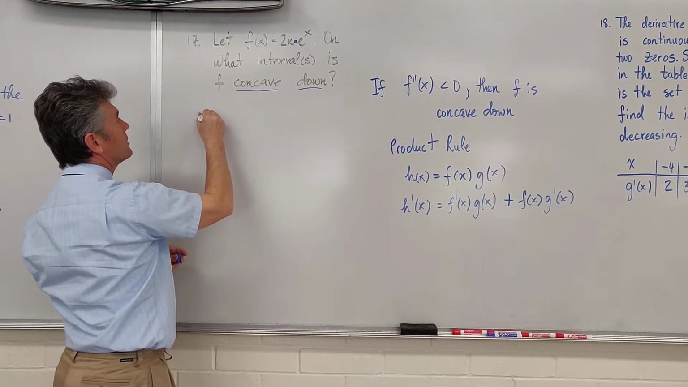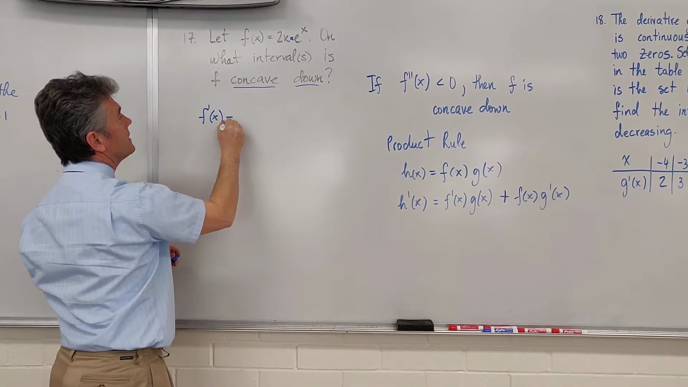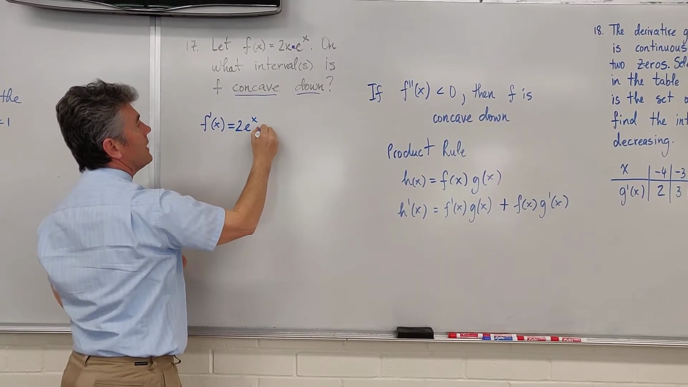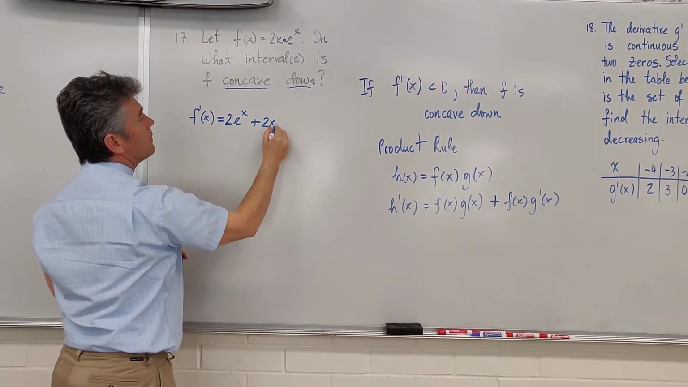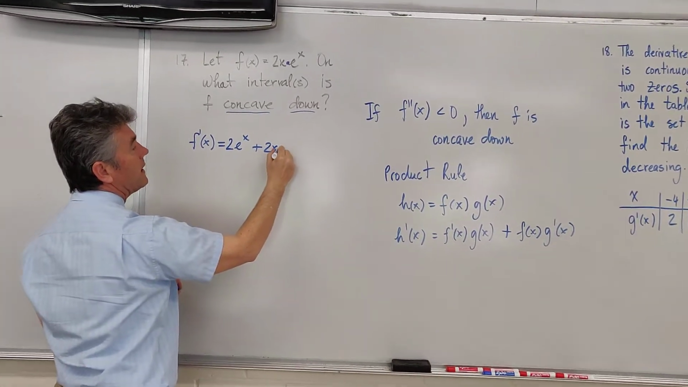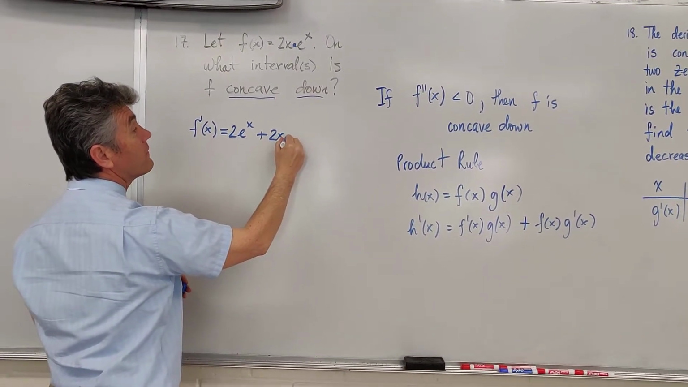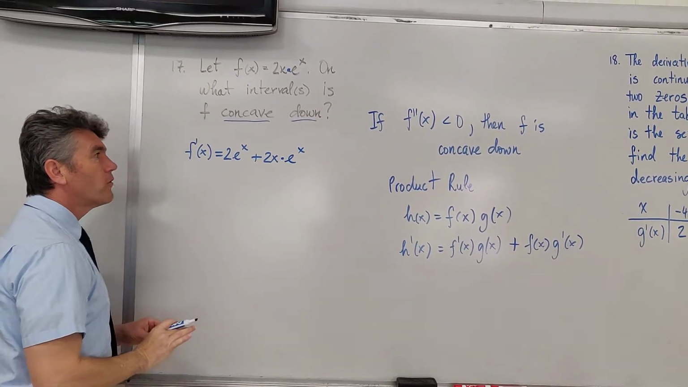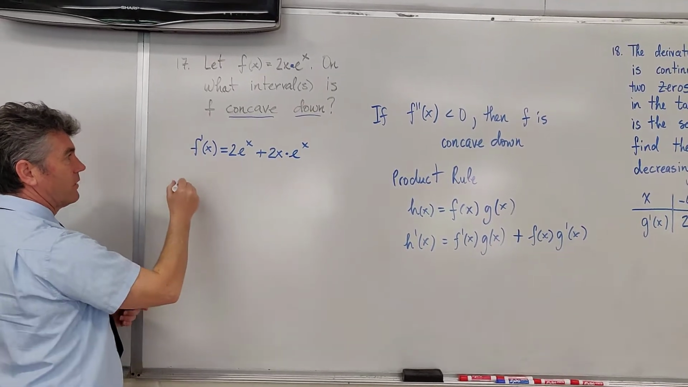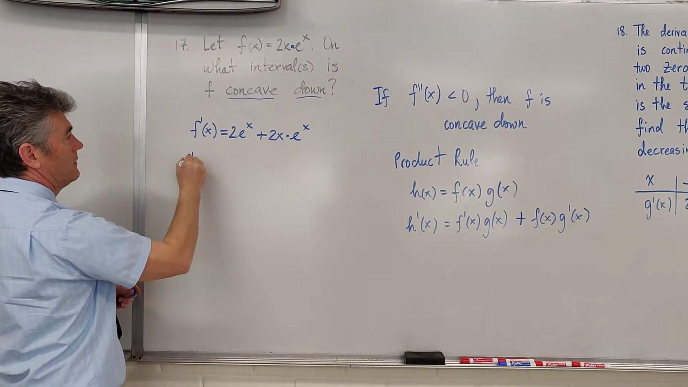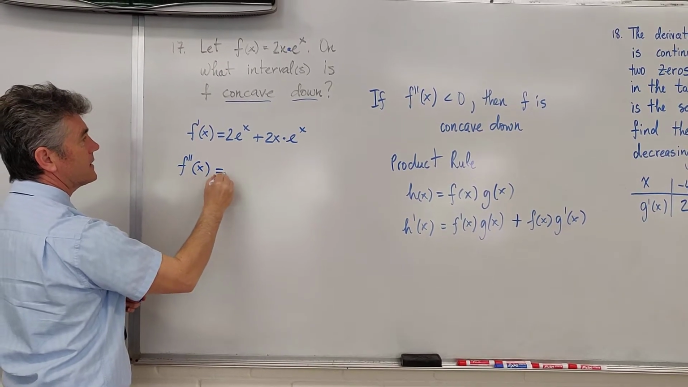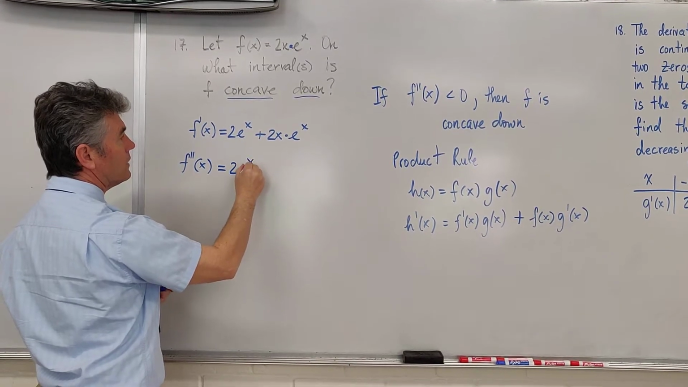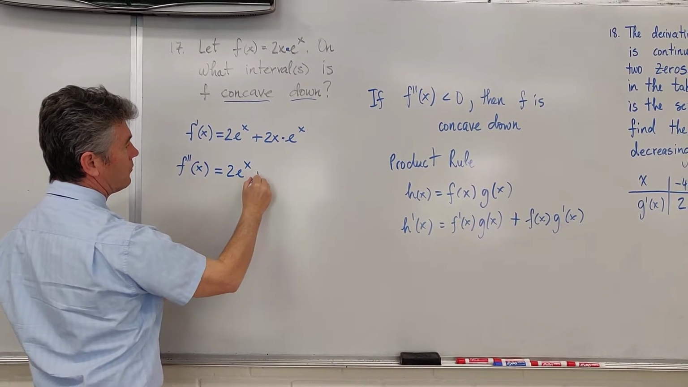So let's start. F prime of x is equal to the derivative of 2x, which is 2, times e to the x, plus the first, which is 2x, times the derivative of e to the x, which is just e to the x. We don't need the first derivative, we need the second derivative. Let's take the derivative again. F double prime of x is equal to 2e to the x plus,